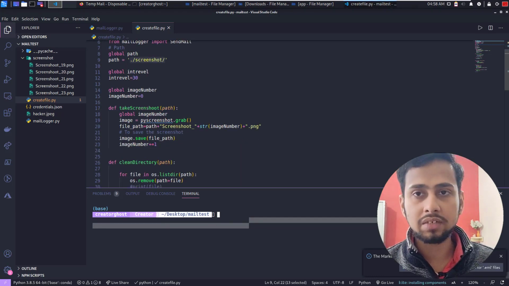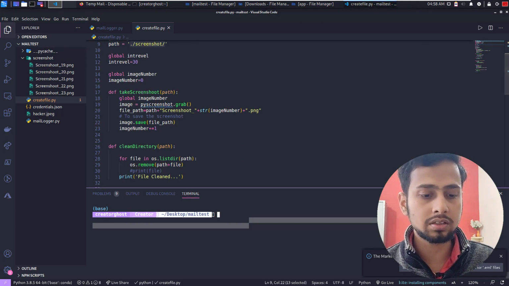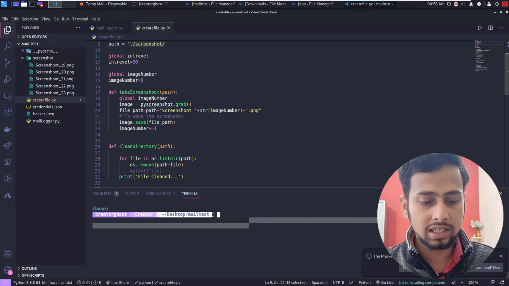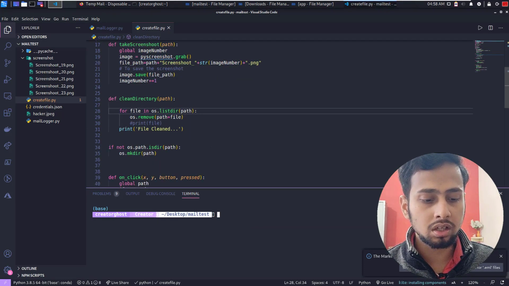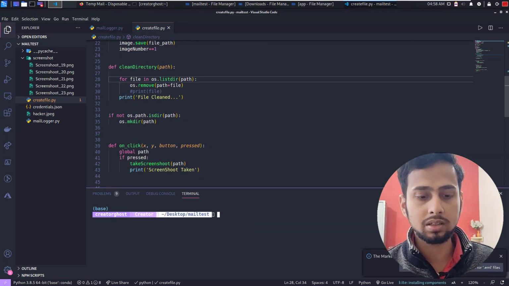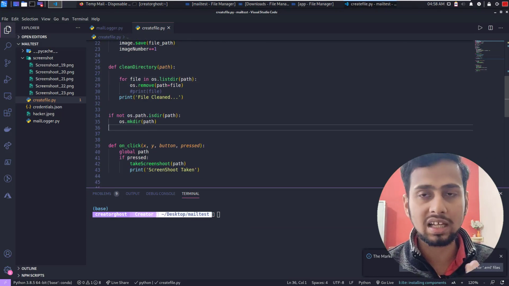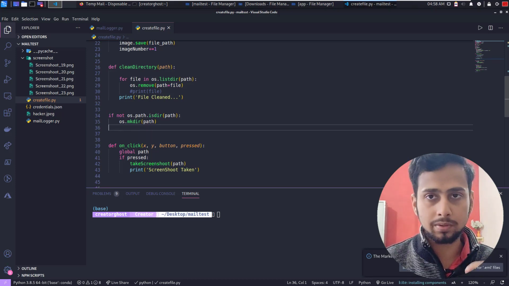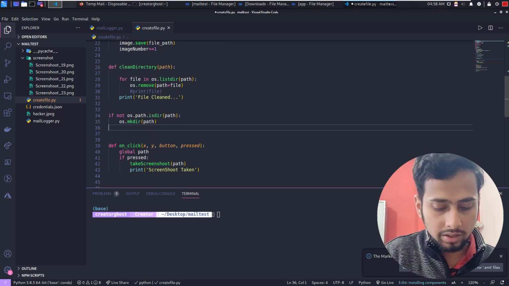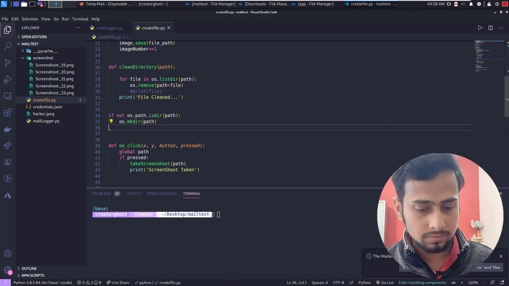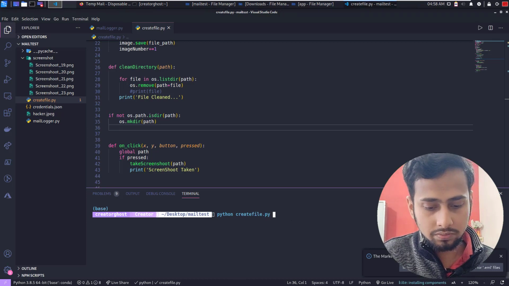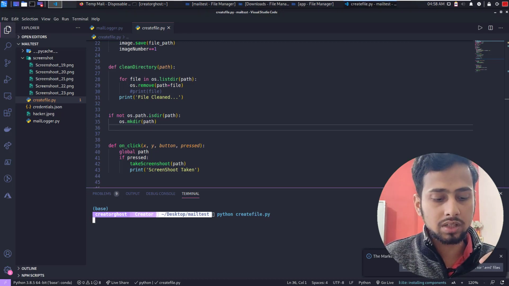So one more thing that we can do here, as we can see that once before the file is even created, there are bunch and bunch of screenshots already left that we might need to get as an email, or you can also just remove everything in the starting. We can just simply call else here and just delete everything, but we need to get those screenshots, so I have done that. So now if I run Python, create file.py, let's try to run it.